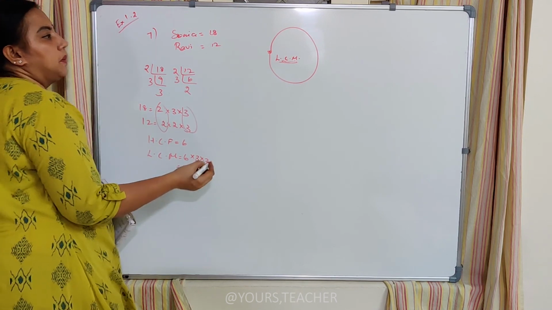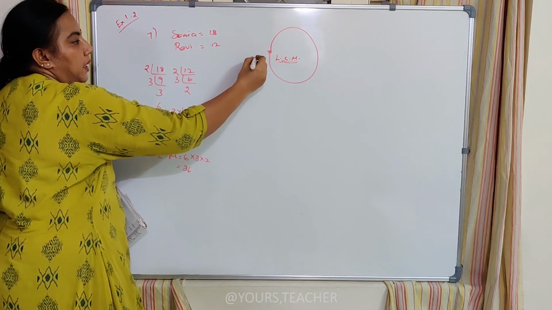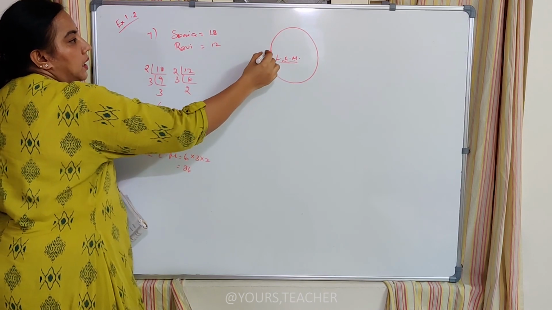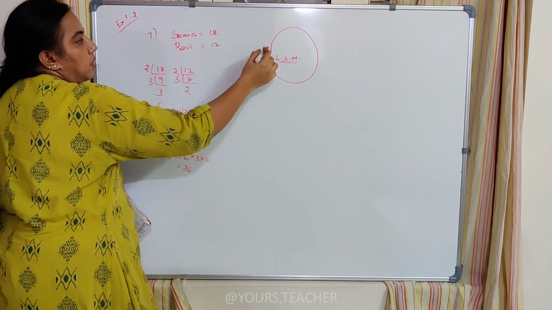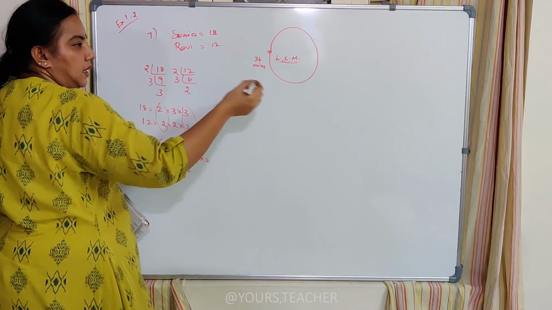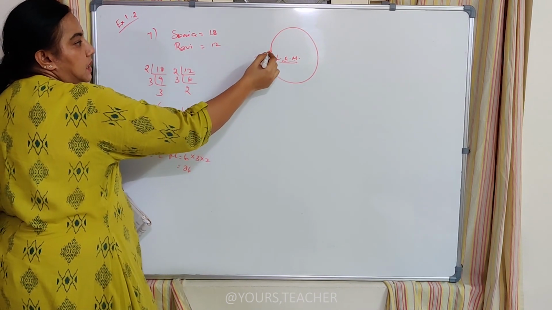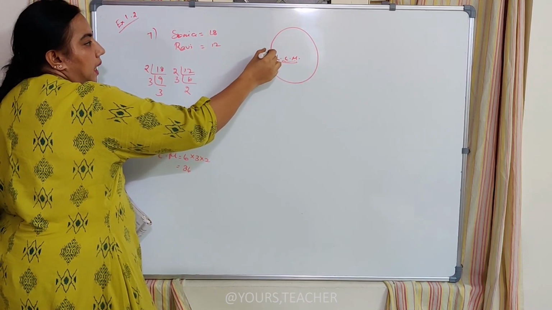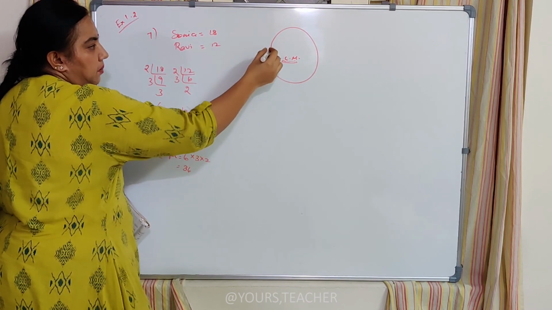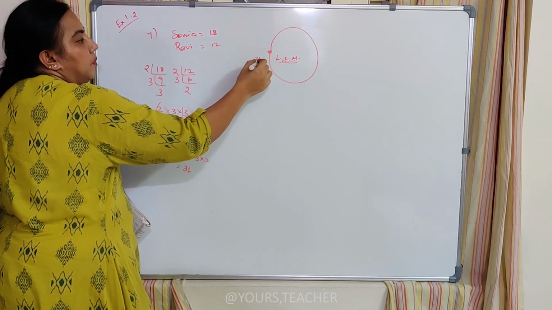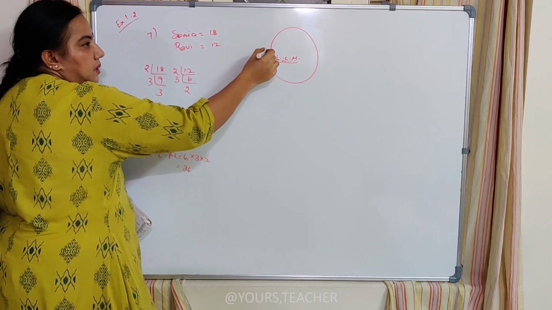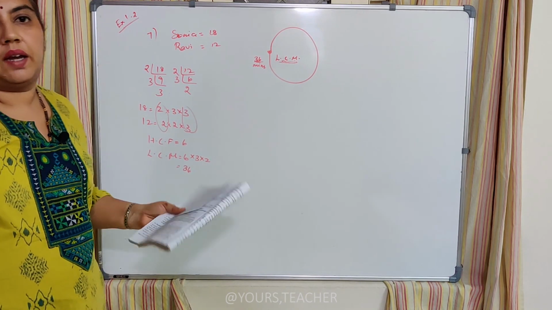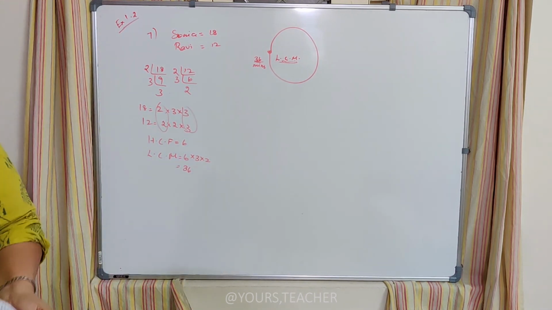So both of them will meet at the starting point at 36 minutes. What does this mean? Sonia will go 2 rounds. Within that same span of 36 minutes, Ravi would have gone 3 rounds. So Sonia will be here at the end of 2 rounds and Ravi will be here at the end of 3 rounds. They both meet at the 36th minute at this point, back again. That's it. Okay. So we have finished the second exercise of real numbers.